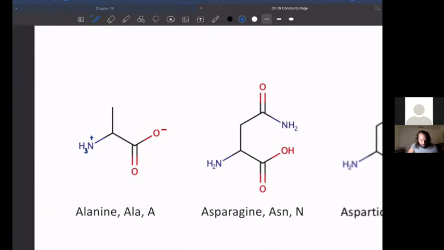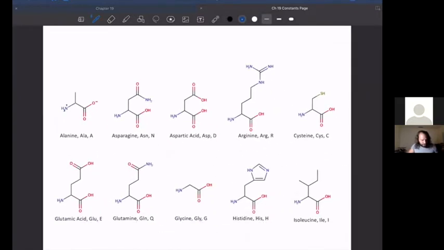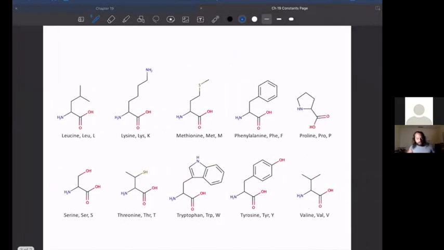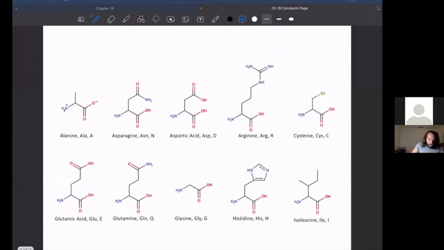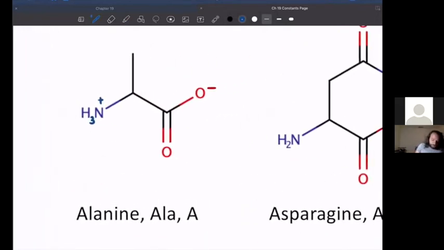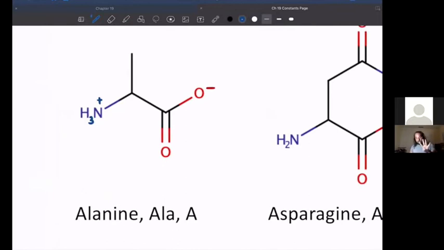Okay, and we'll talk about these different amino acids here in a second. But again, this is the constants page that you can expect, which is just an alphabetical listing of all the amino acids. One of the things that I'll point out, and actually zoom back in here, is for each amino acid, you're given 4 pieces of information. Okay, I'm not expecting you guys to have these memorized for the exam. You might have to do that in a future course, but not in my course. I'm not worried about that. You just need to know how to use this. Okay, 4 pieces of information.